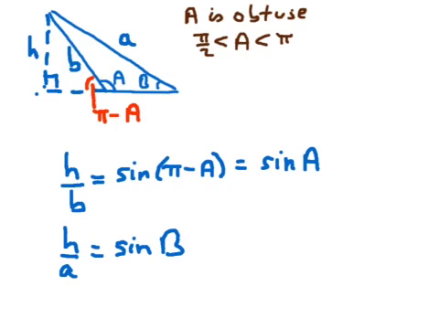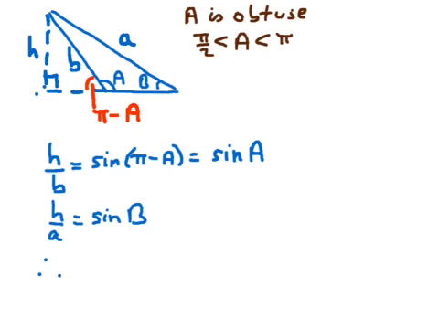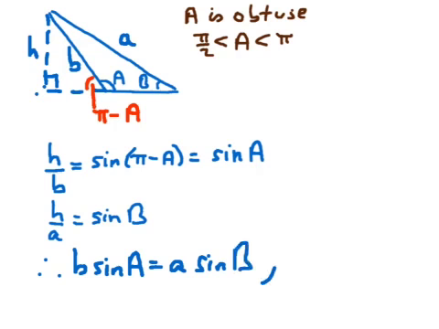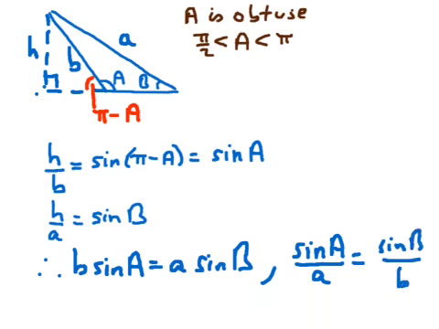So I'll just pause, make a little bit more room. So therefore, b times the sine of a is a times the sine of capital B. So therefore, rearranging that, we have that the sine of capital A divided by little a is equal to the sine of the angle capital B divided by lowercase b. And that's exactly the same as the result we had a moment ago, so this completes our proof of the